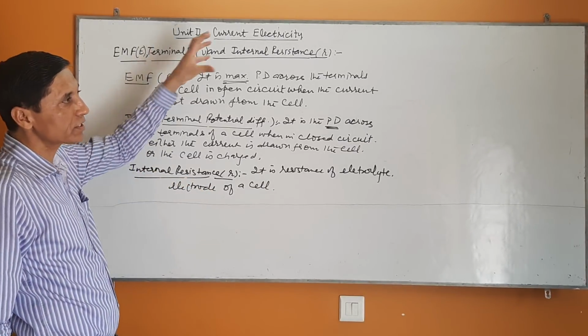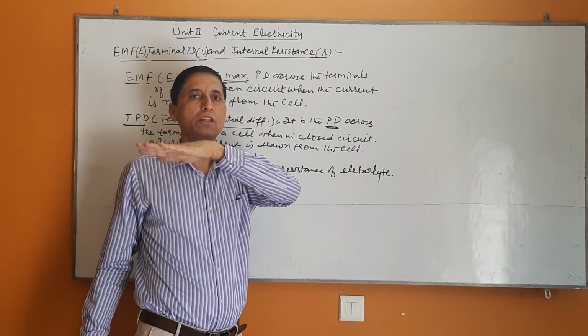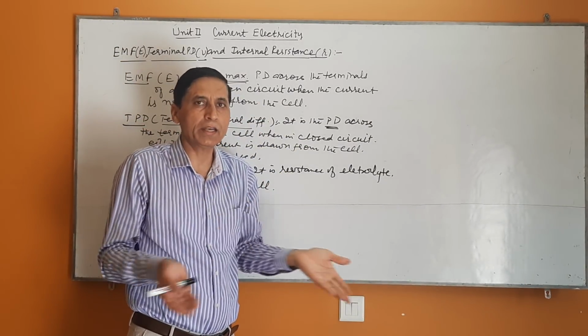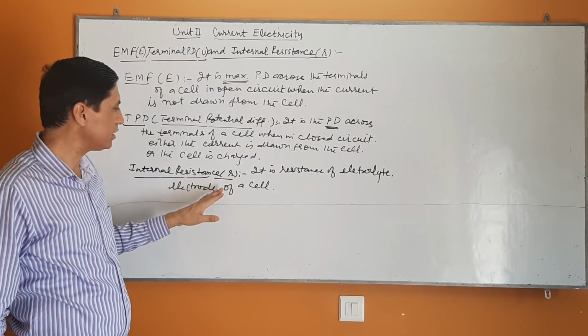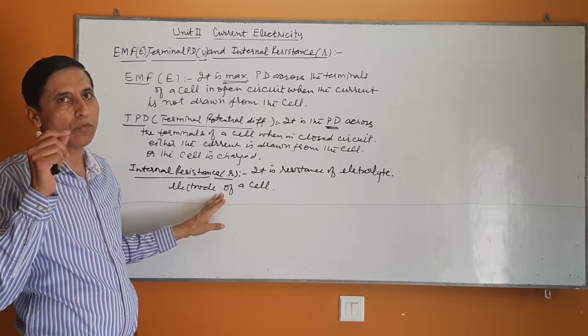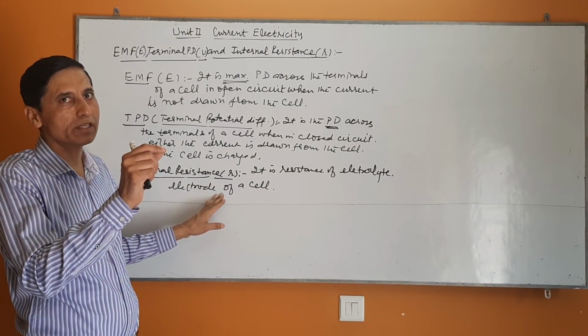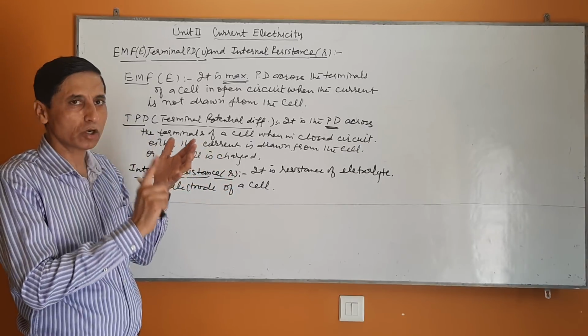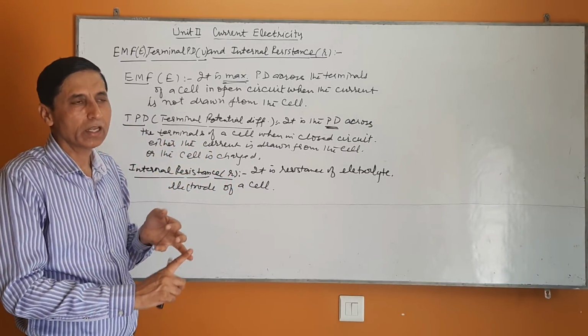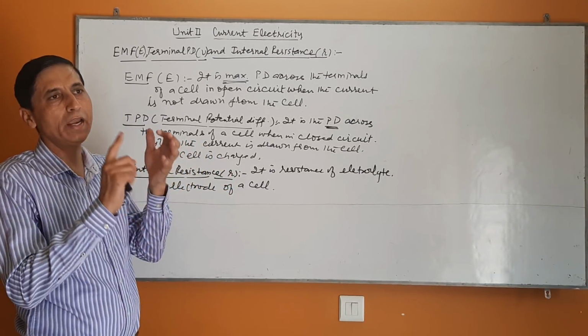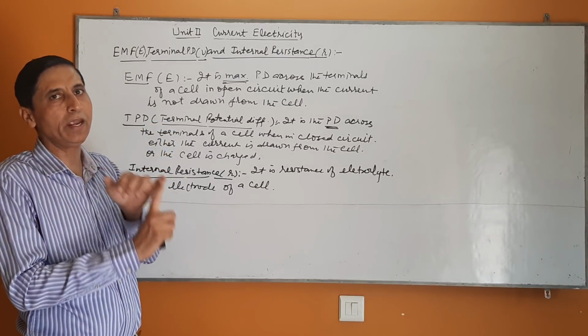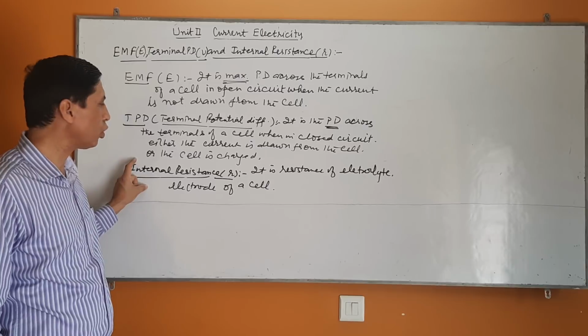The resistors we have been studying until now are the external resistors, which are connected from outside. This is the resistance of the cell, and when we talk about the resistance of a cell, it consists of the two electrodes and the electrolyte. The resistance offered by the electrolyte as well as the electrodes, which are made of conductors, is known as